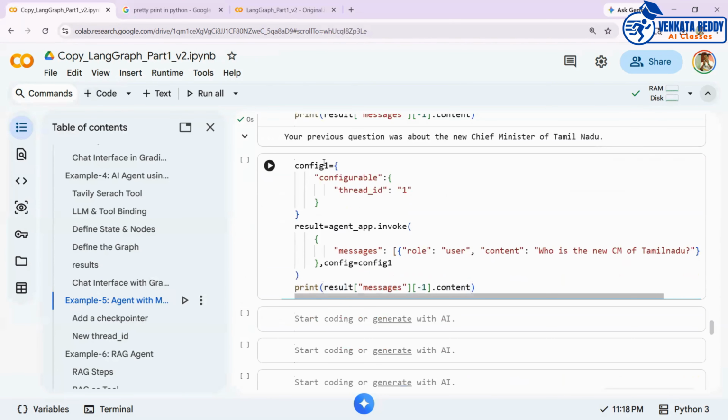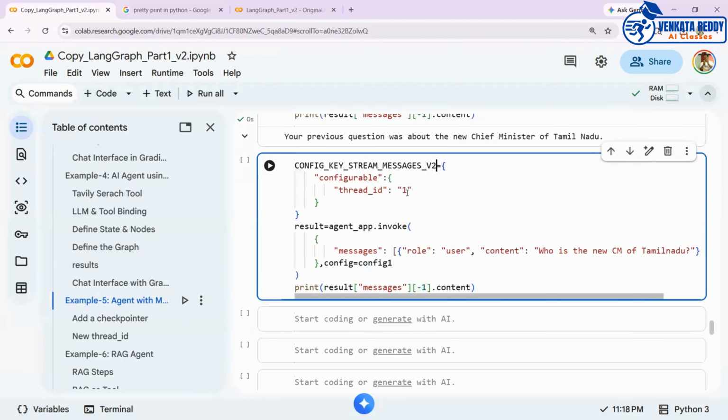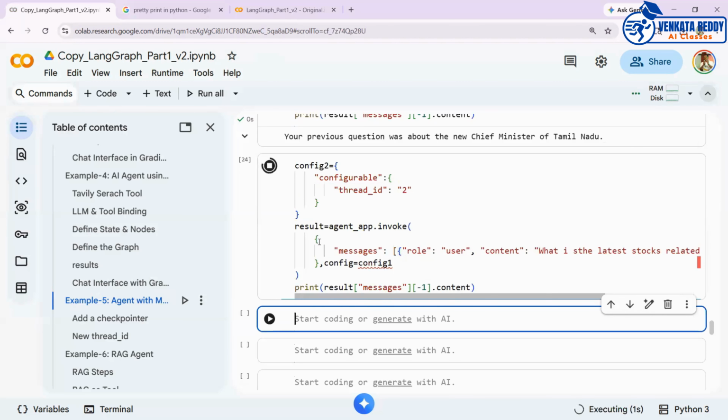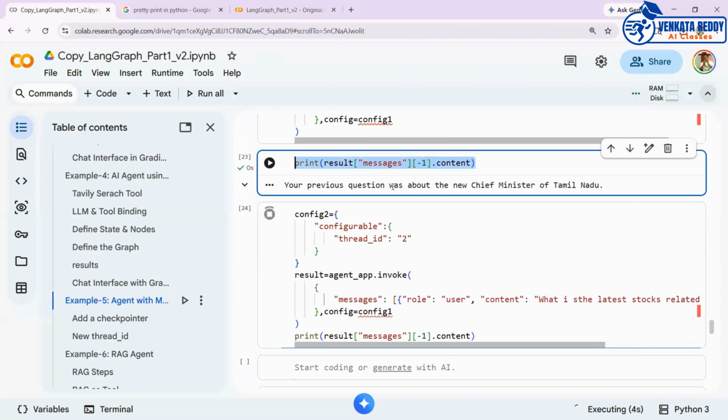Different thread ID I will give. My thread ID is 2 here. And here my question is, what is the latest stocks related news in India. If I ask this question, now this is thread ID 2, and if I ask what was my previous question,